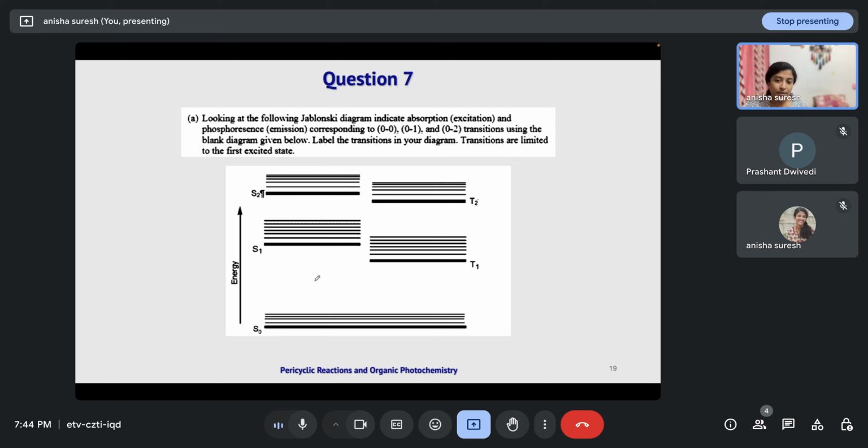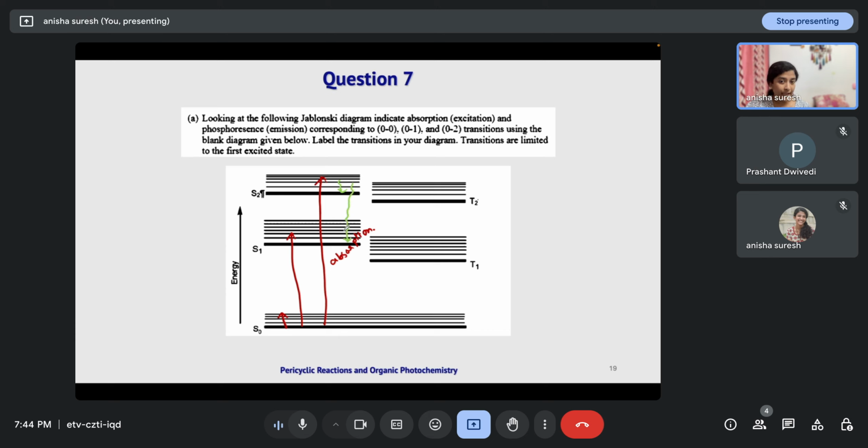So absorption corresponding to 0-0 will be like this. So this is the zeroth excited state. So it is not going to upper states. Then 0 to 1 it can be like this. 0 to 2 it can be like this. This is the absorption. Okay. Then for phosphorescence to take place, it should come to the triplet state. So for that, some other processes are there. So first here vibrational relaxation will be taking place. Then